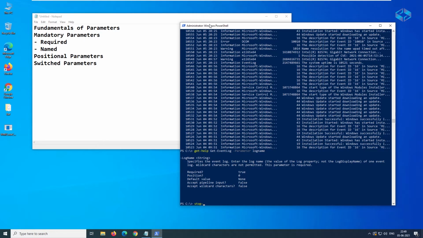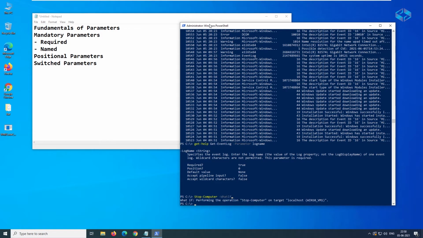Stop-Computer is one of the commands, and we used -WhatIf. In this case, we have not given any input for this WhatIf. So it works as a standalone, and it does not need any input. So this is an example of a switch parameter, and we can see the details of this particular parameter.